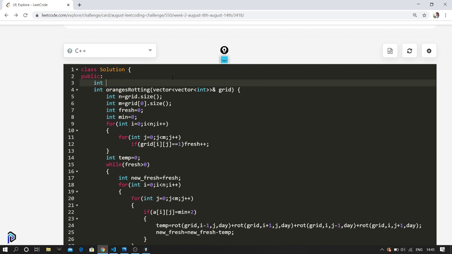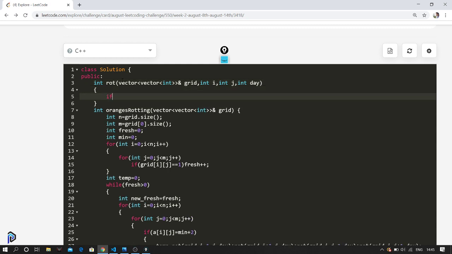It might return a bool or int. It gets four parameters: one is the grid, another is int i, int j, and int day. These are the things that it gets.